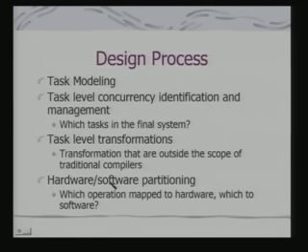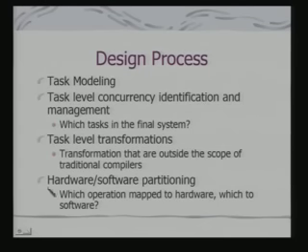That should be followed by the hardware software partitioning. That means till this point we are dealing with the task representation. We are trying to derive an optimal representation of the task. Then we should look at the hardware software partitioning, that is, which operation is mapped to hardware, which to software. In fact, when we look at use of automated tools, many of these transformations and the partitioning aspects can be put together and combined as part of facilities provided by the tool.